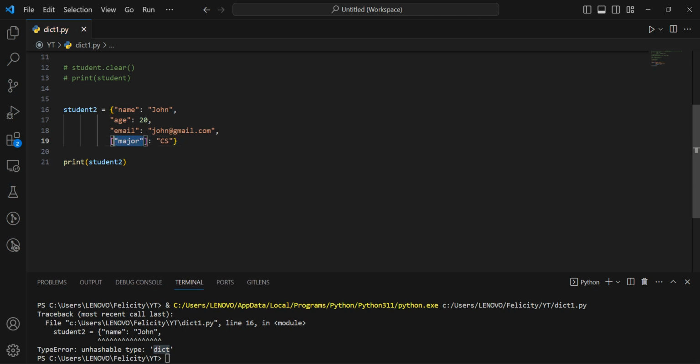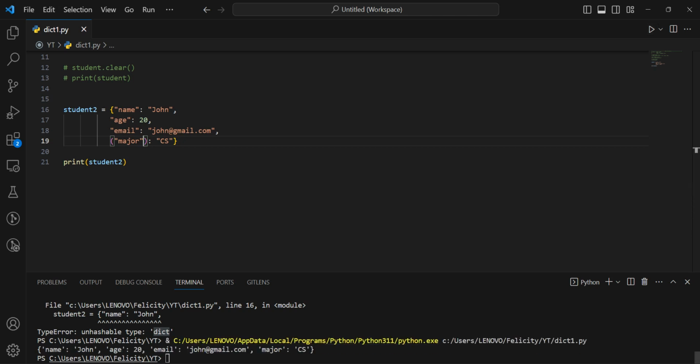But let's say we used something like a tuple for this one. Is it going to fail us? No, probably it's going to be all fine. As we can see here,